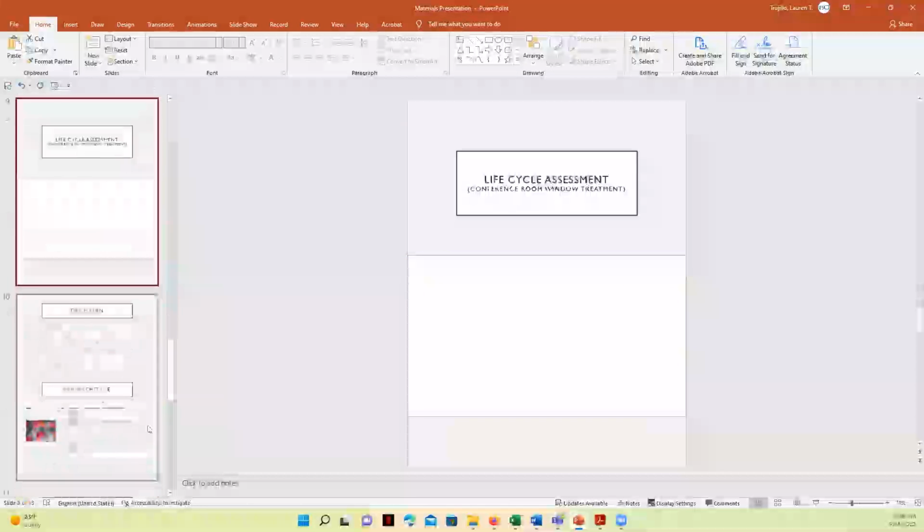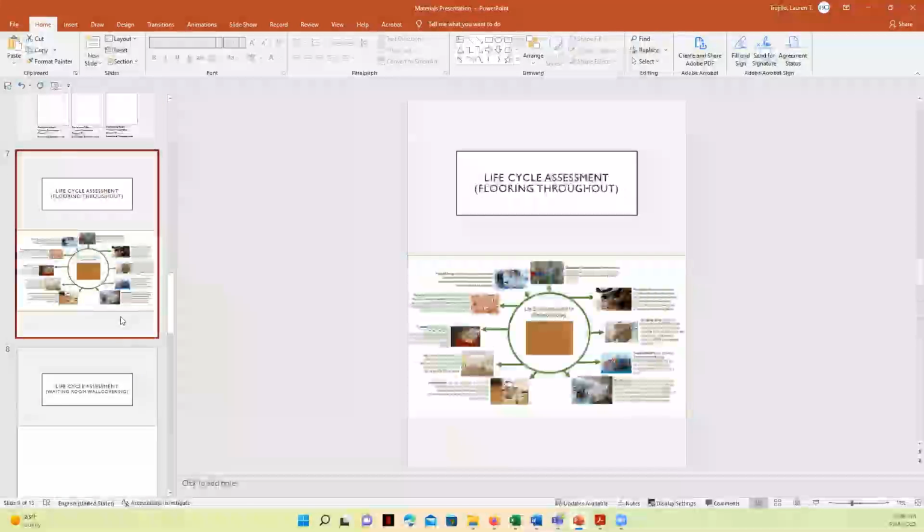In the subsequent slides here, you can see we have a life cycle assessment and then some placeholders for some other life cycle assessments that will be included. Now, these slides communicate to the client that the designer understands that there's a value being placed on sustainability. These illustrate to the client that the designer has the skills to do very detailed research in the selections of these materials, but it also illustrates to members of the design team, both the contractor and the installers, that sustainability is a priority here, and they need to be mindful of their environmental footprint, or their impact, and the sustainable practices that they engage in while they're on this job site.